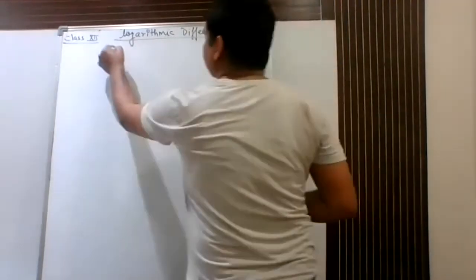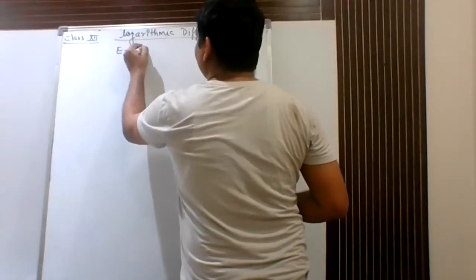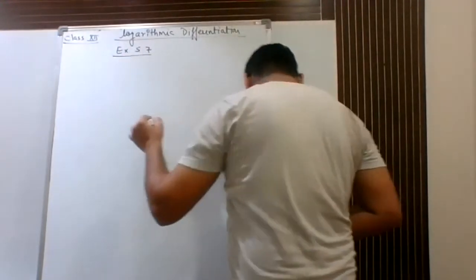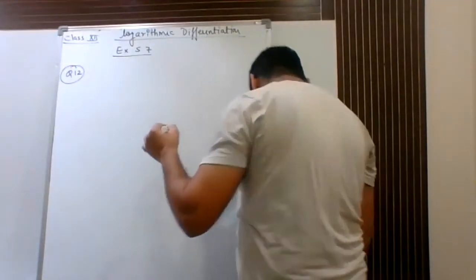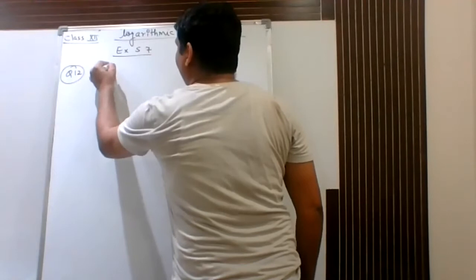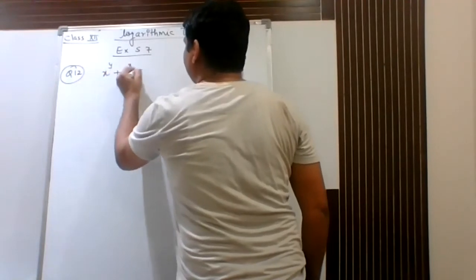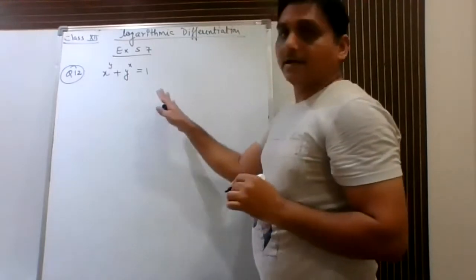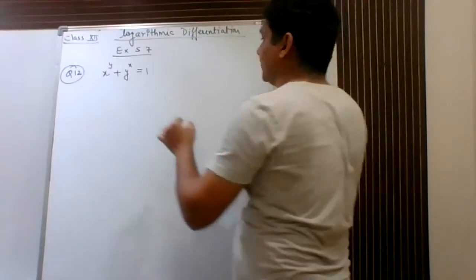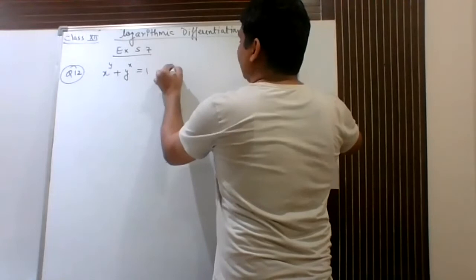So, this is exercise 5.7, question number 12. So, the question is, we want to find the derivative of this function. So this function is given. We want to find the derivative of this. Now, how to proceed? So first of all,